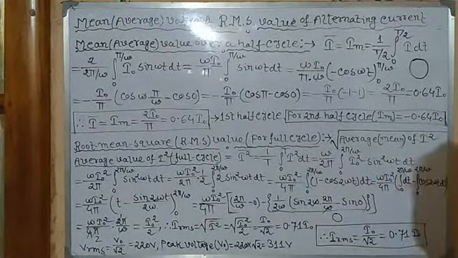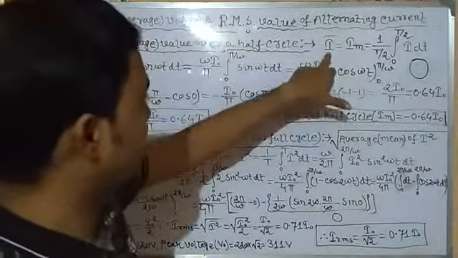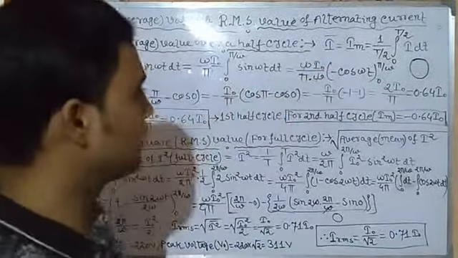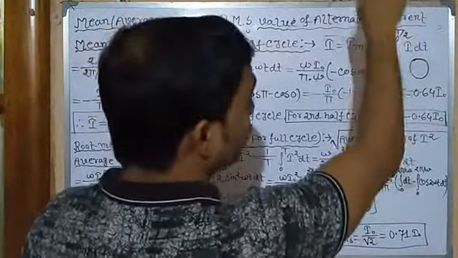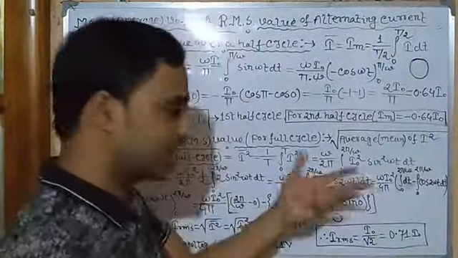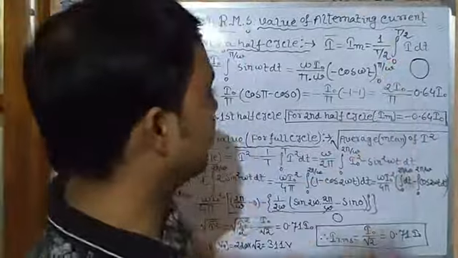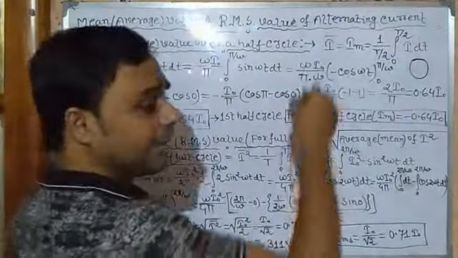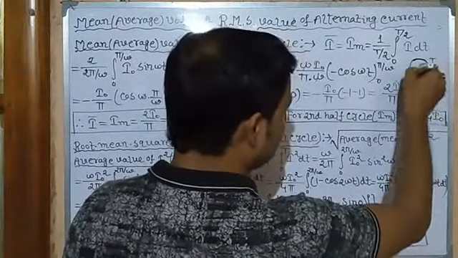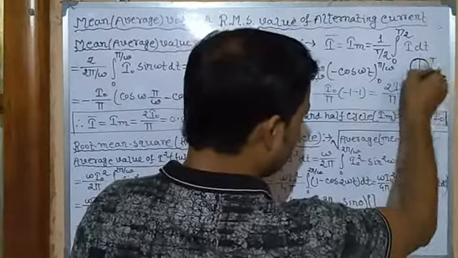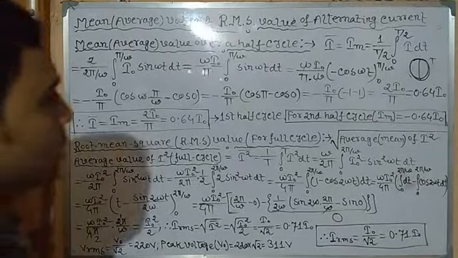Okay. So let's find out. The average or mean value of alternating current is expressed by the symbol I bar or Im. Now its equation is 1 by T by 2 integration from 0 to T by 2 of I dt. I is alternating current, since it varies with time, its integrating factor is dt. Now why T by 2? Since T is the required time for the complete cycle, this half is T by 2 and the next half is T by 2. Since it only exists in the case of a half cycle, so 1 by T by 2.